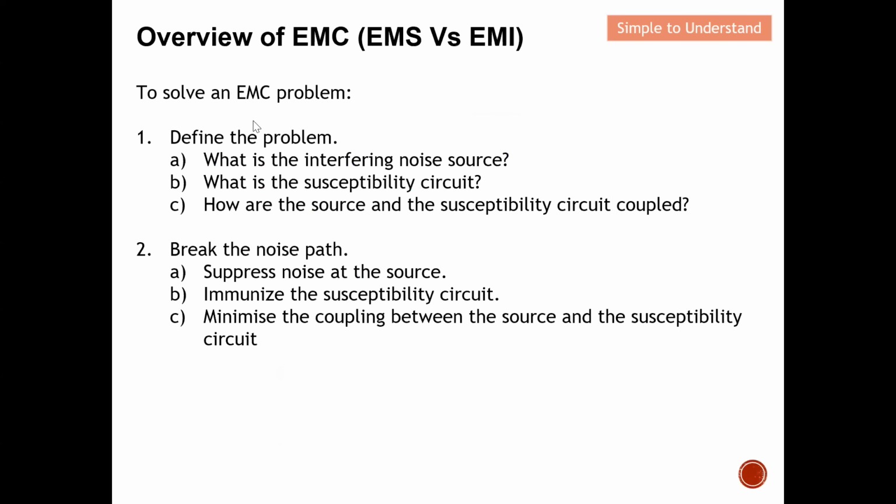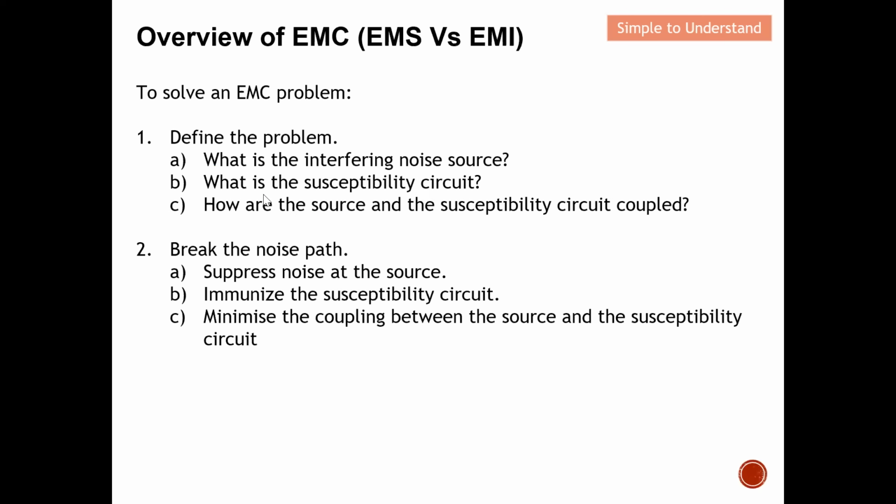To solve an EMC problem, which I have mentioned earlier on, firstly, we need to define the problem. It is always very challenging. How can we actually define the problem? For example, it is almost always difficult to identify where the noise source is. Basically, if you are able to identify where the noise source is, you build a shield, then you resolve the EMC problem. For example, in this case here, where is the interference noise source? If we know where the source of the noise is, we just build a shield, eliminate the noise, then we solve the EMC problem.